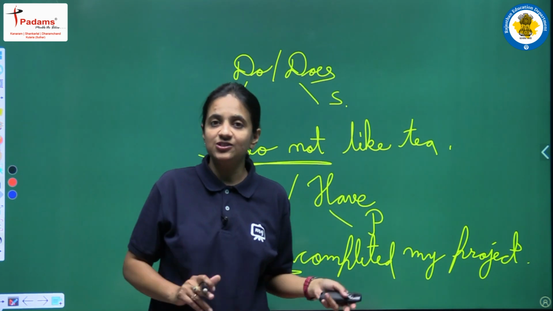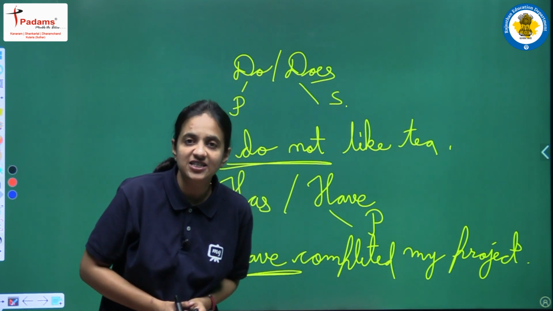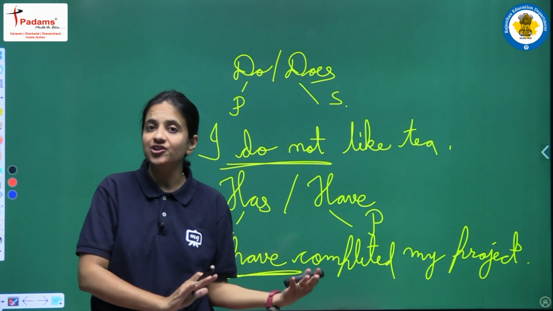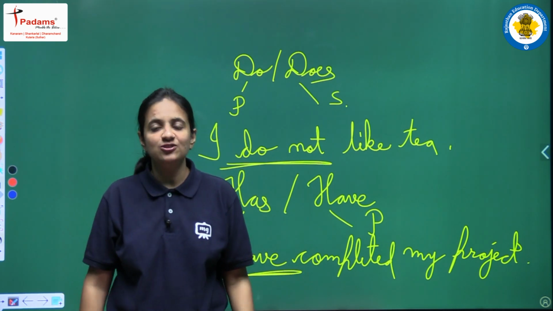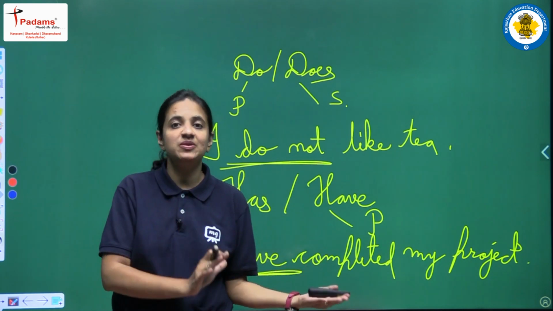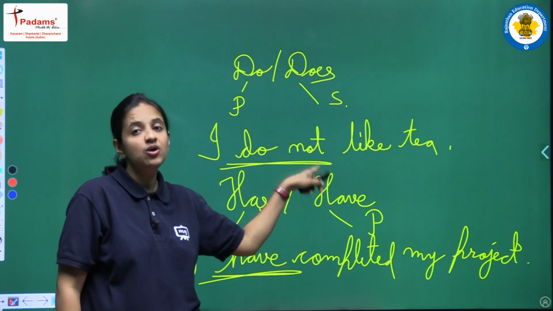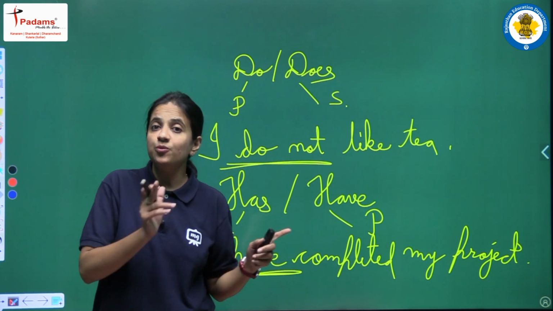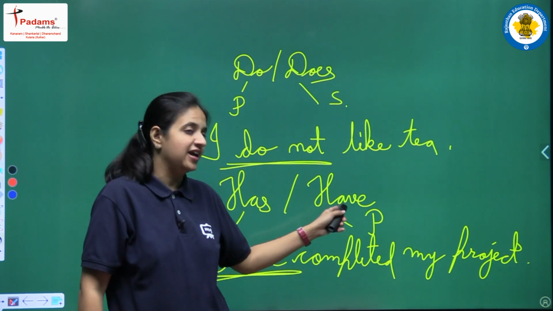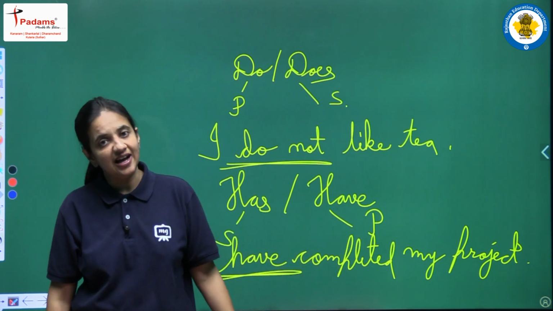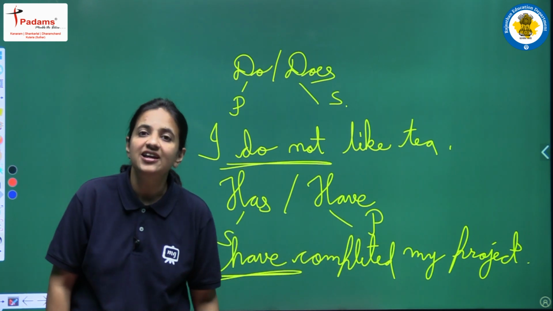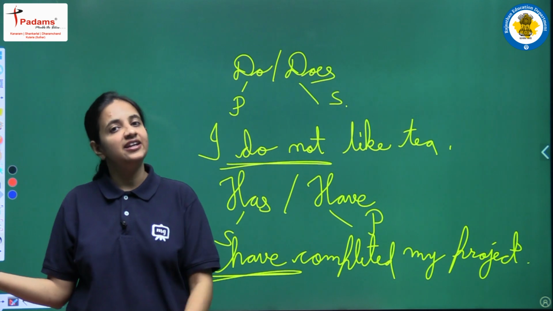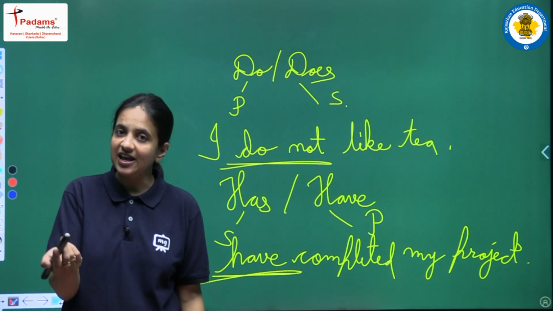Okay. The next tense that we read was present perfect continuous tense. In that tense also we were having two helping verbs, has been and have been, just like has and have. Have been was also used for plural, and yes, we were using have been with I, right? Just like have. Clear? And the last tense that we discussed was past simple tense, and in that tense we are having only one helping verb, did.